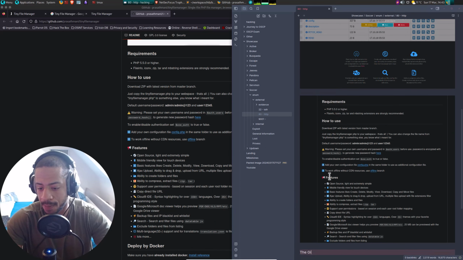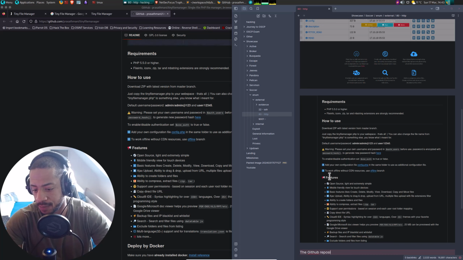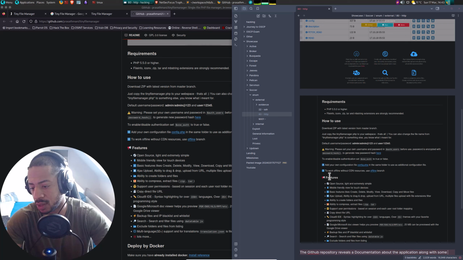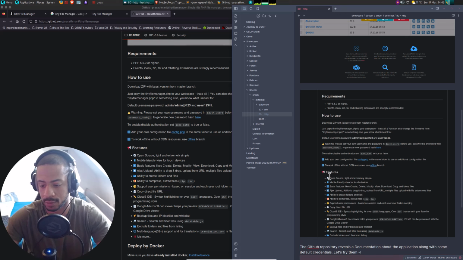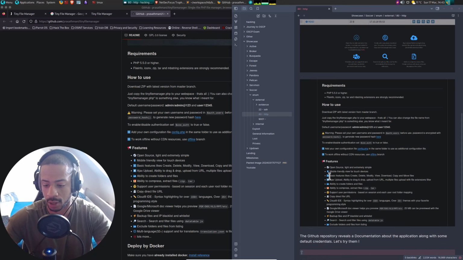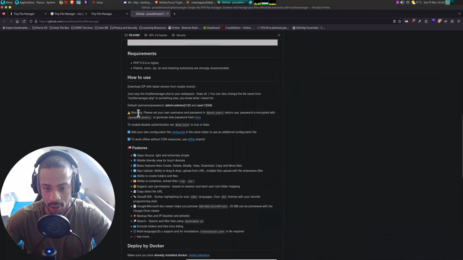The GitHub repository reveals documentation about the application along with some default credentials. Let's try them. Where were they?